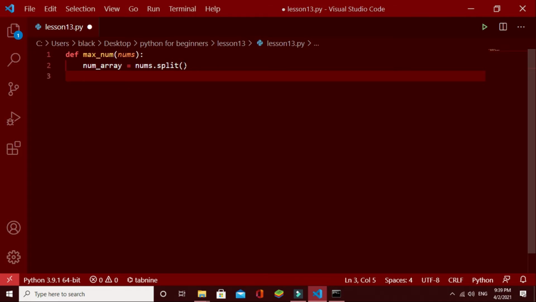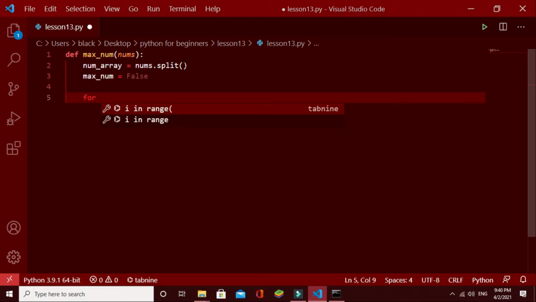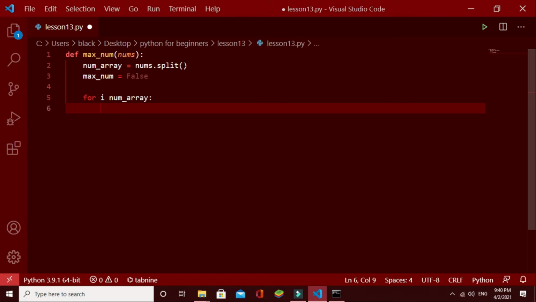After that I'll take a variable called max num. Its initial value is false, and after that we have to take a for loop, for i in num array. We have to find the maximum number. When this runs the first time, this maximum number value is false.